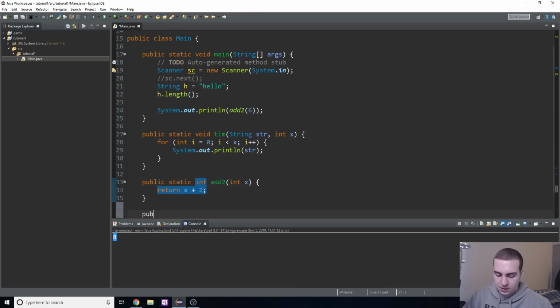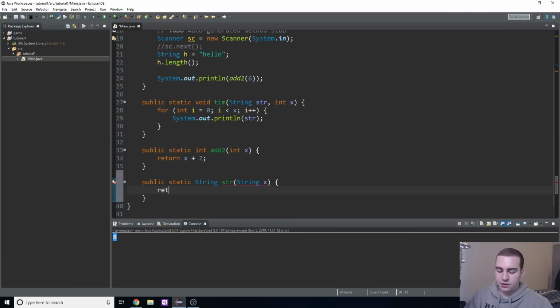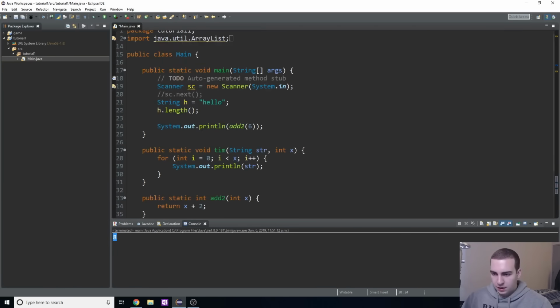And I'll do one last example of returning maybe a string value, so public static String. Okay, and we'll just say str as our name because I don't really know what to do, and we'll take a string x. And then in here we have to return a string value, so what we could do is return x plus an exclamation point. But I think I need to put that in double quotation marks like that. So what we're doing now is adding an exclamation point to the end of our string, and we're returning that. So if I call str here,